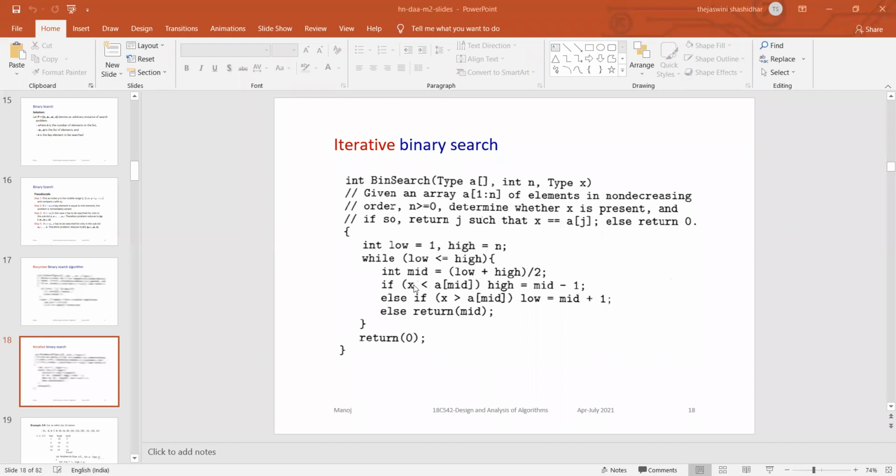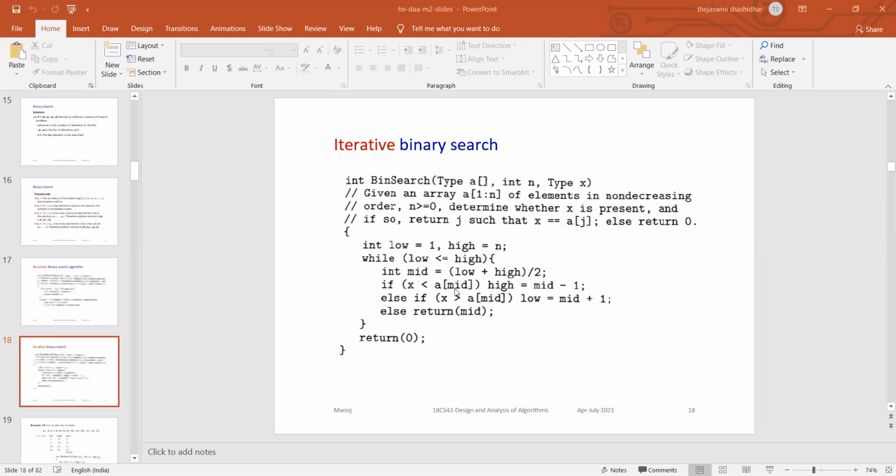Now first you come to the condition: if x is less than A of mid. Where will be the I? Keep in your mind, x will be the key element. First element will be low, last element will be high, and middle element will be mid. So if x is less than A of mid, which should come?